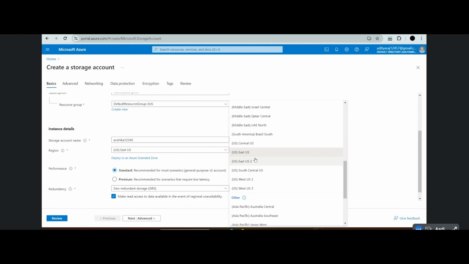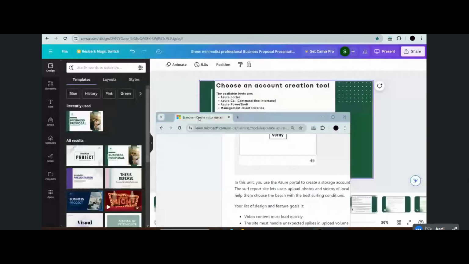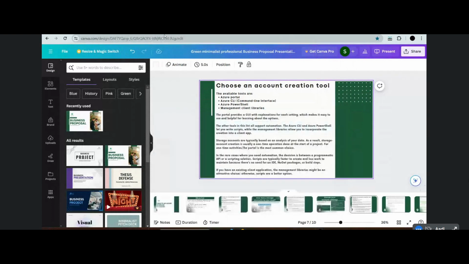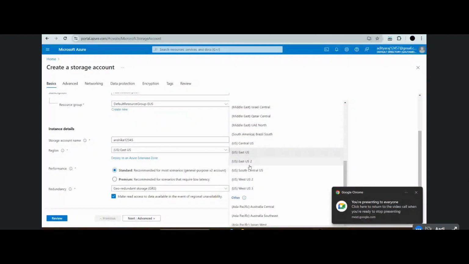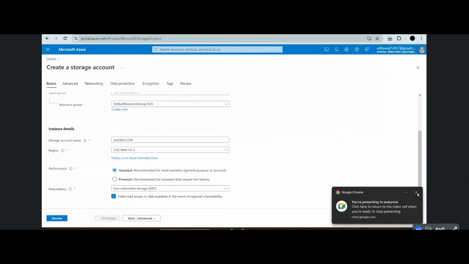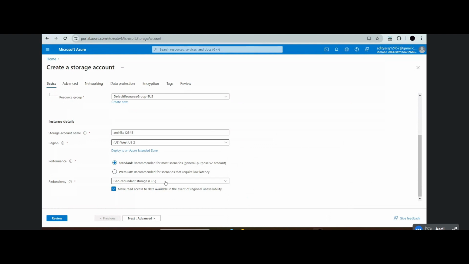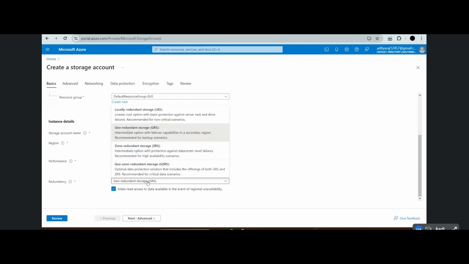In the case study they mentioned Southern California, so we will select West US. Now, in redundancy, we will select locally redundant storage, as the images and videos that we need to upload quickly become out of date and are removed from the site also.